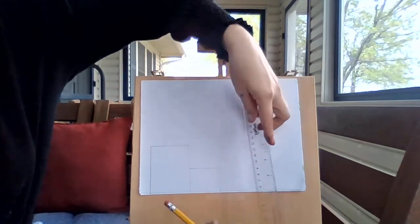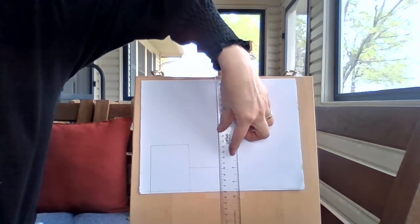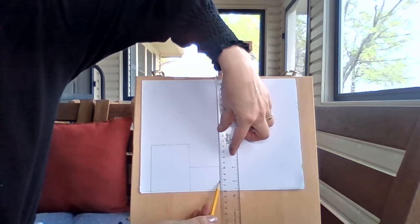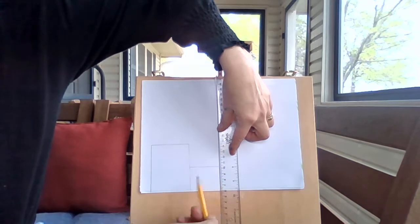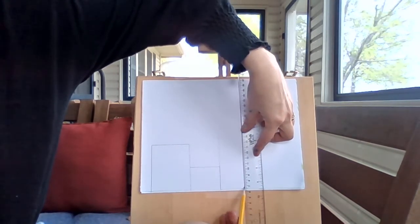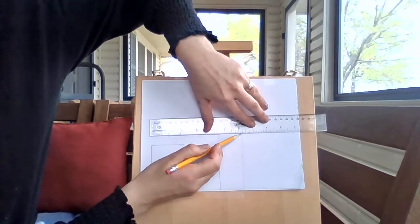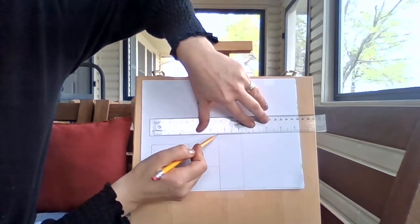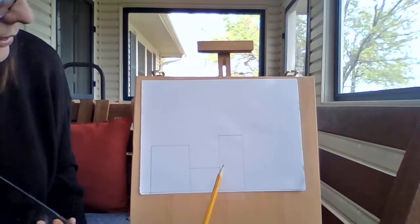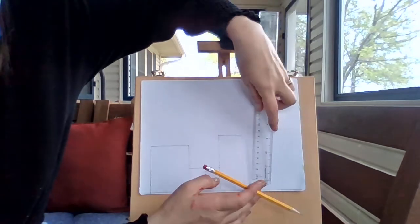Then I'm going to add another square, but I'm going to make this one a little taller than this one, but about the same width as this one here. So I'm going to go like this. Okay, so now I have square, rectangle, another square,